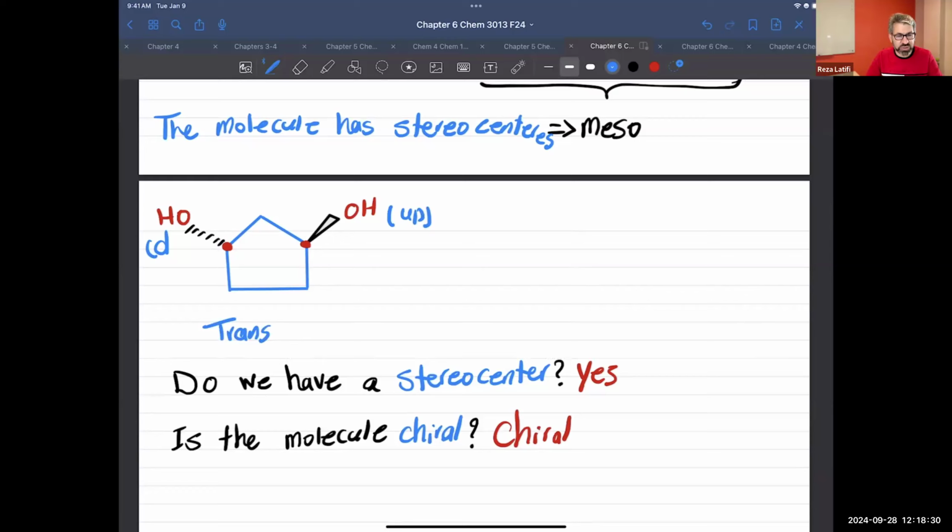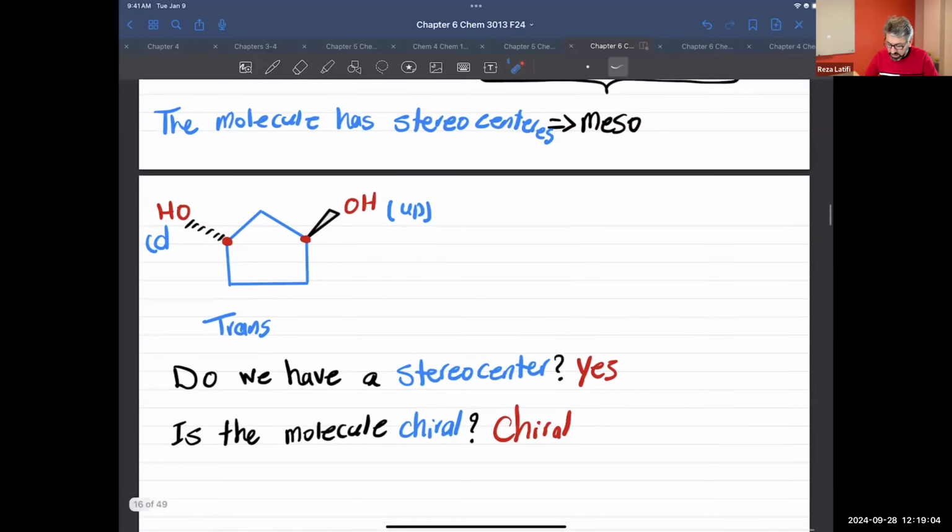Okay, and because it's the trans isomer, I'm not going to have a plane of symmetry. So I cannot simply chop the molecule into two halves, because when I mirror OH, I'm not going to see OH there. Remember, this OH is pointing up, that OH is pointing down. When you mirror my right hand, you're supposed to see OH here. I don't see OH, I see OH down. So there is no mirror of OH on the left side, and because we don't have a plane of symmetry,